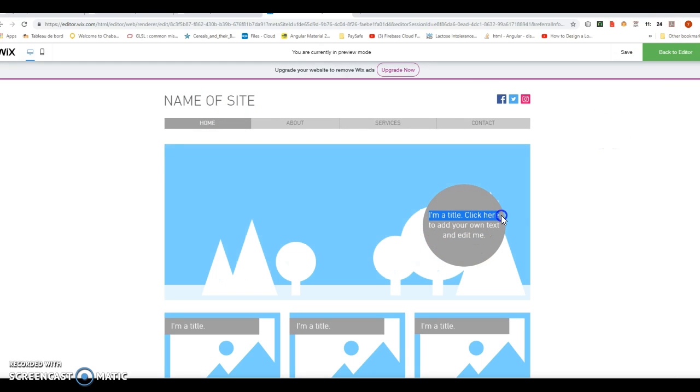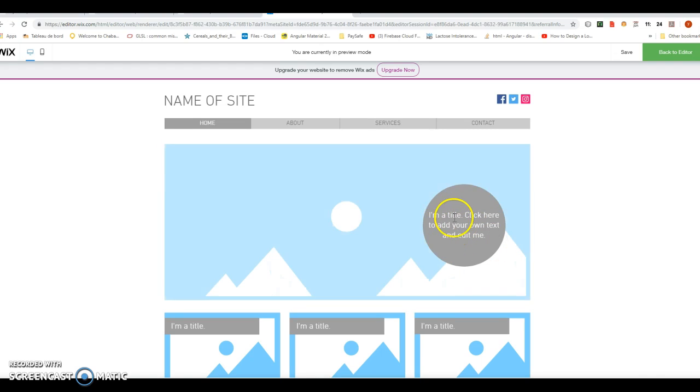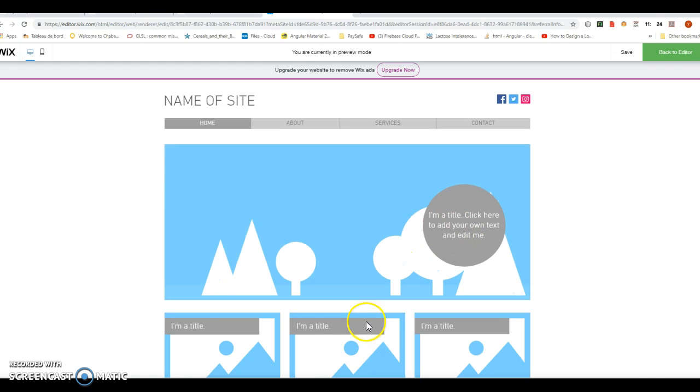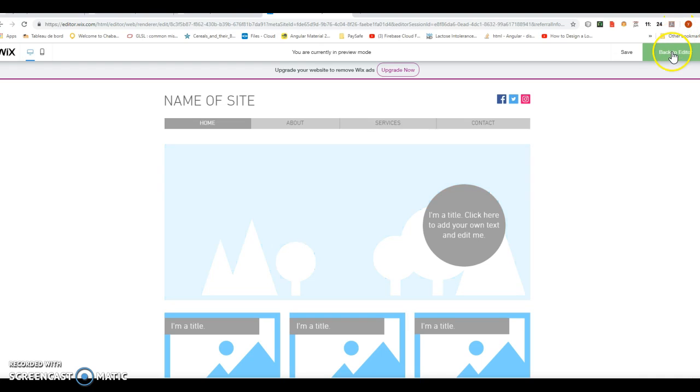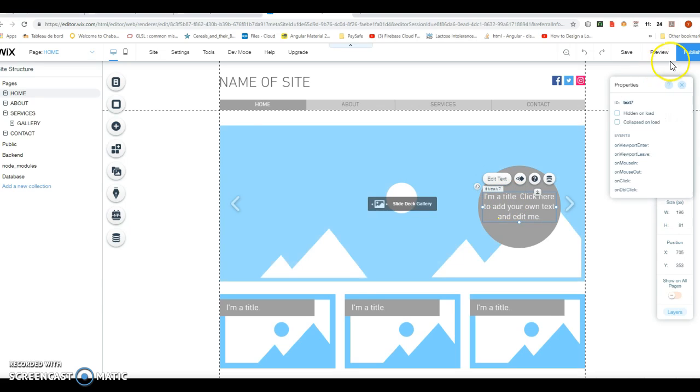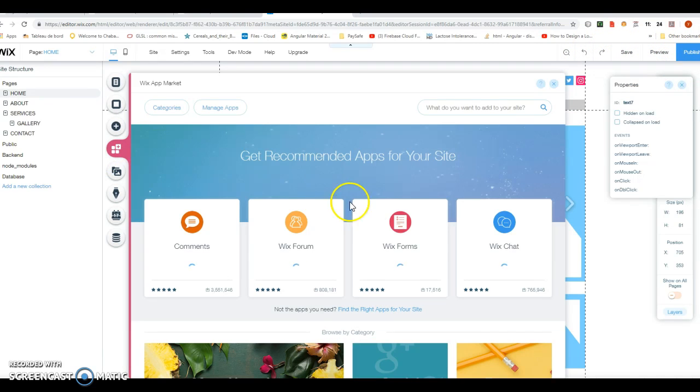This is like "My title, click here." This is just to show you how it works. They just put the text there for you to know what you have to do. And "My title," whatever it is, blah blah blah. You don't click on this and it's going to change something. So I clicked on go back to editor, and here you can choose